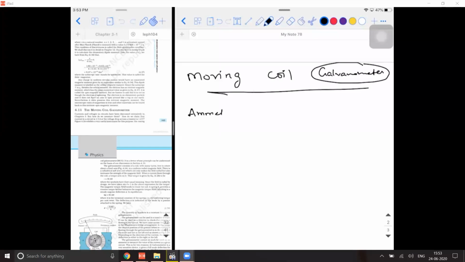That's it. So you have two devices which are related to current. One is the ammeter and the second is the galvanometer. Generally in physics, if you use the term meter, it is a device which is used to measure something. For example, speedometer is used to measure the speed. Ammeter is used to measure the amps, which is nothing but current. Voltmeter measures the voltage. But this galvanometer is actually not a measuring device, rather it is a sensitive device.